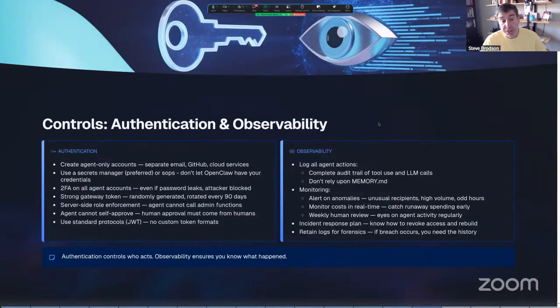I use a secrets manager. You should never enter your credentials for anything into OpenClaw. So there are both open source and commercial secrets managers. KeePass is one of them, but you need to find one that is DevOps friendly.